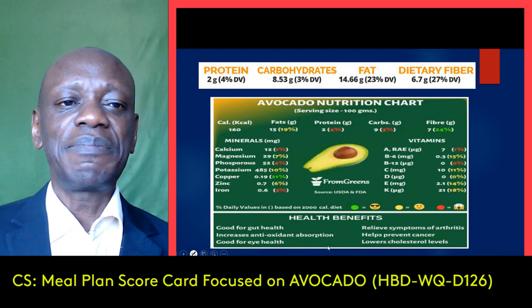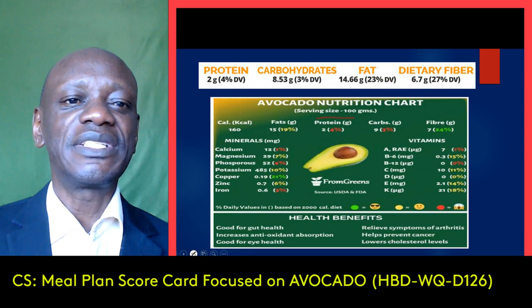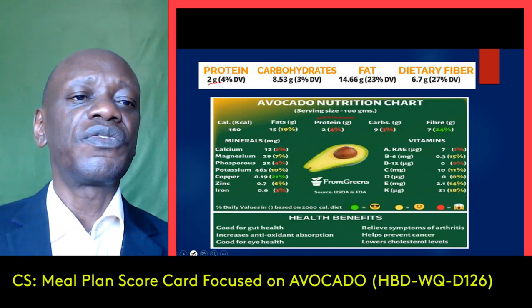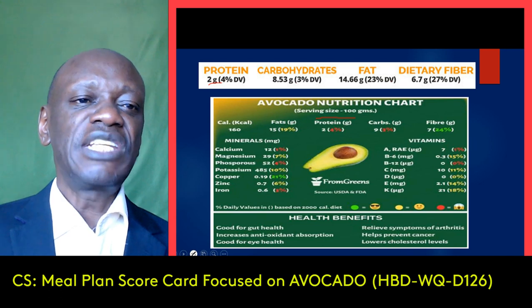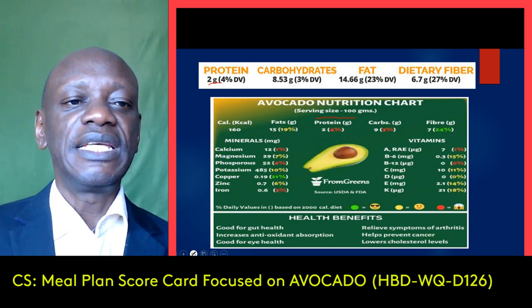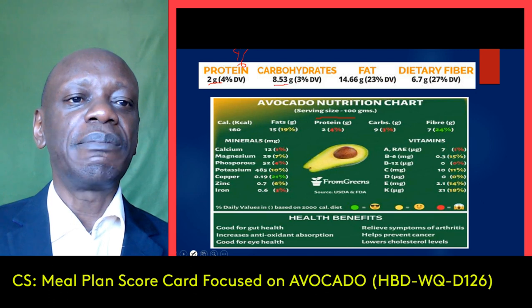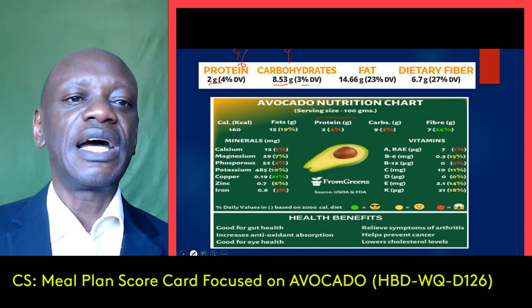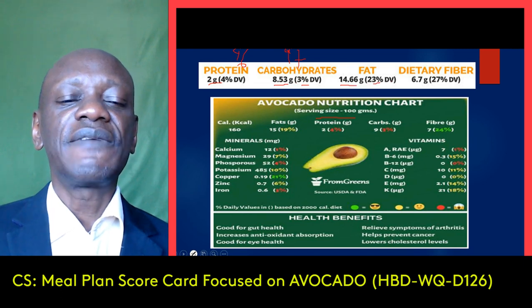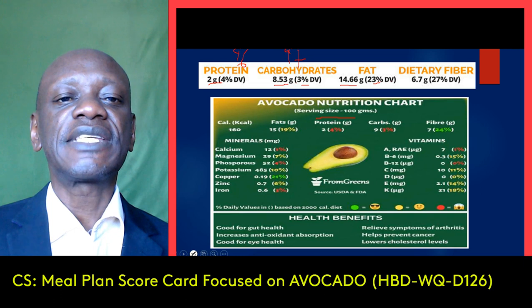Avocado is a very wonderful fruit which can help us illustrate very many things. Now, one medium-sized avocado, which is about 100 grams serving, will give you 2 grams of protein, and that's about 4% of the protein you need per day. That means if you don't consume protein from other sources, then you have almost like 96% protein deficiency. The fruit alone will give you about 8 grams of carbohydrate. That is 3% of your daily carbohydrate needs, which means you still have 97% to get from other dietary sources. It will give you about 15 grams of fat. That's about 23% of daily value. So you have almost